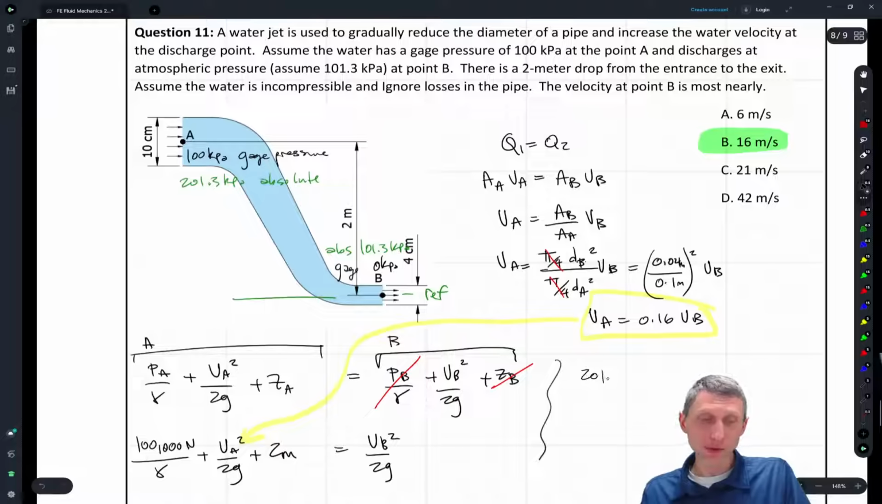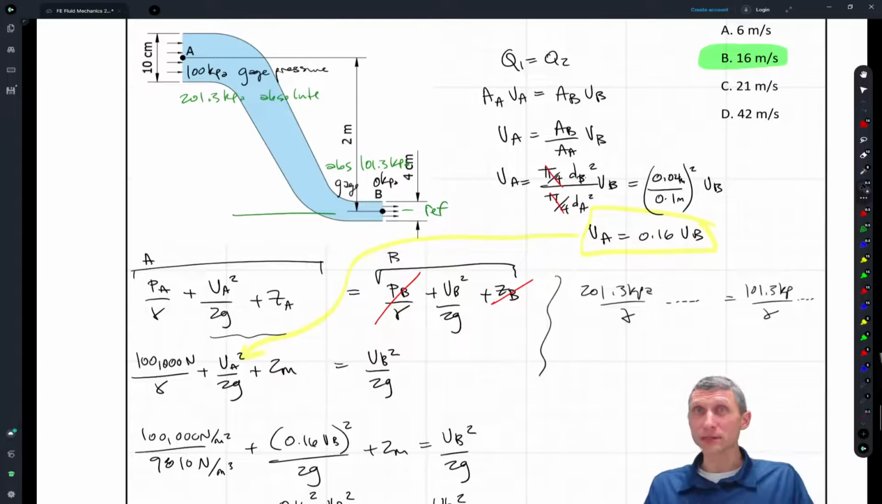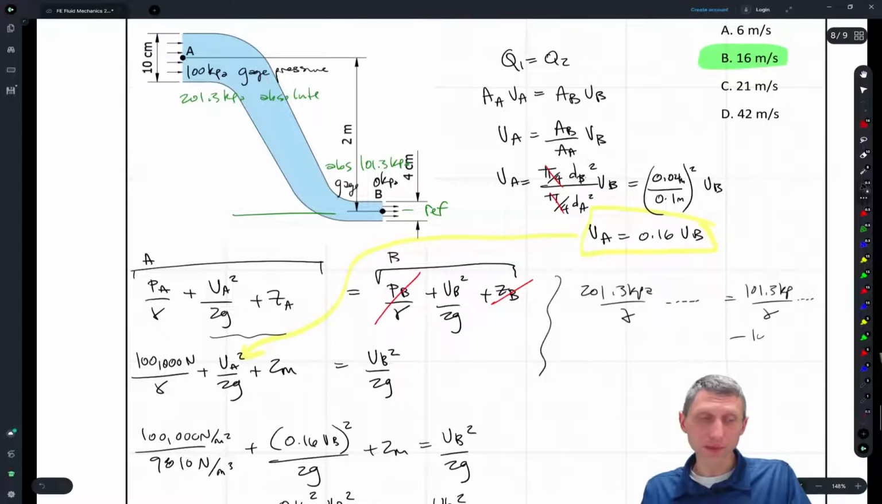We'd have 201.3 kPa over gamma on the left-hand side, and then I'm just going to put ... and because there's all this other stuff in there. This is going to equal essentially the 101.3 kPa over gamma on the right-hand side, right? And if we think about this, if we subtract off the atmospheric pressure, or if we subtract off this 101.3 kPa over gamma on both sides,